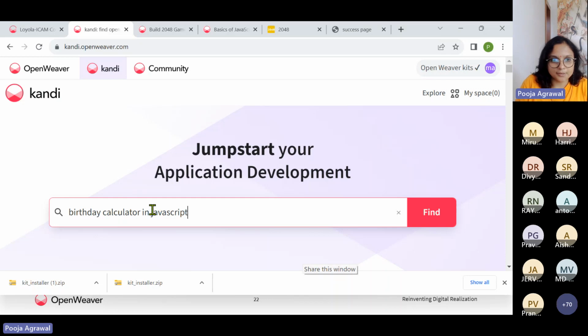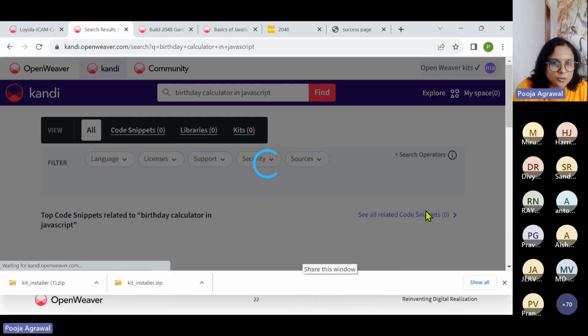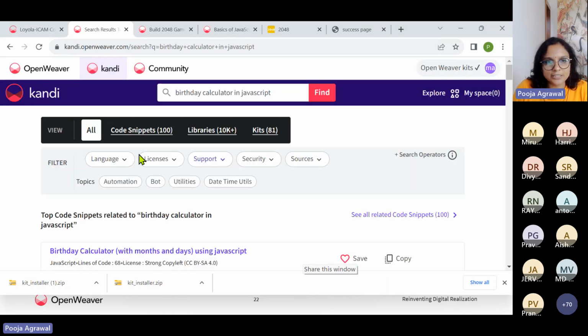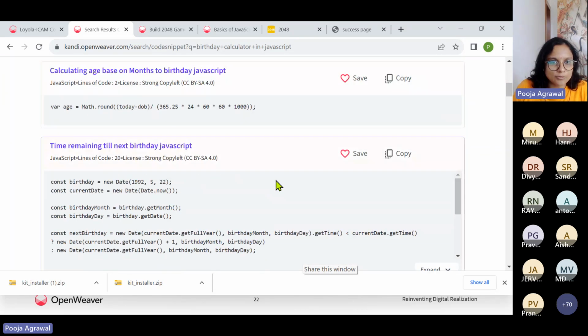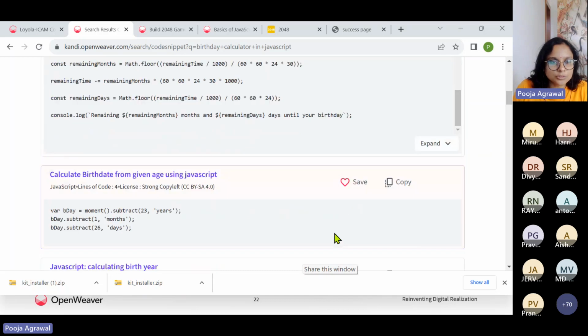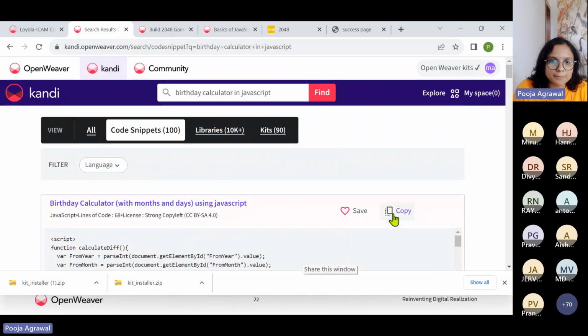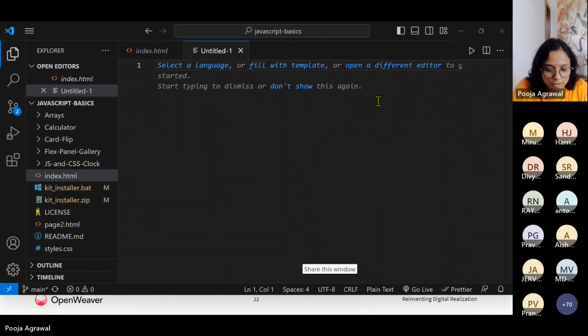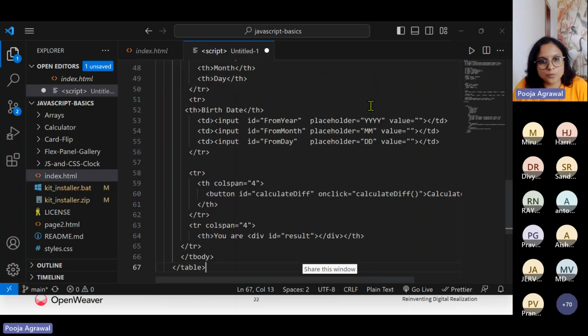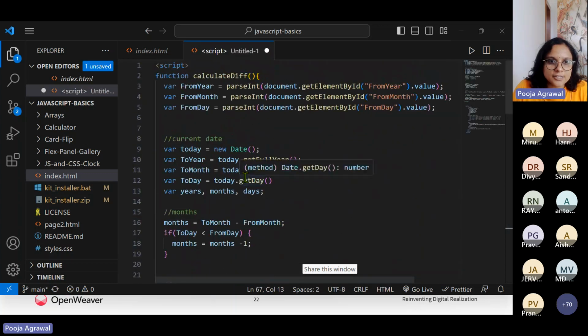Just by hitting find and asking it for suggestions around code snippets, it will try to give you some relevant solutions, of which you could pick one that you feel is good, and then go to your Visual Studio, paste the code here,